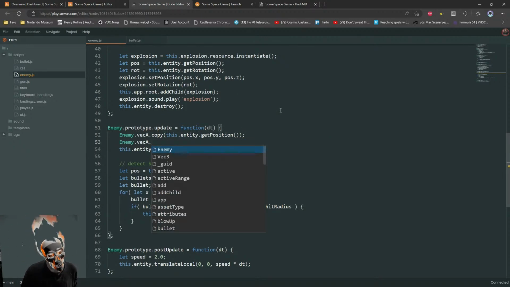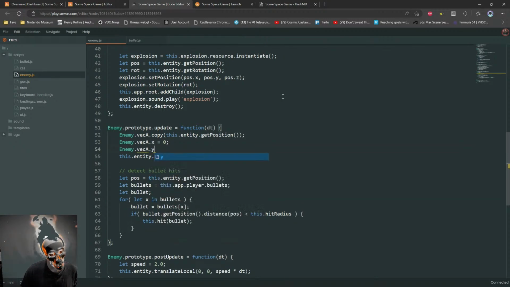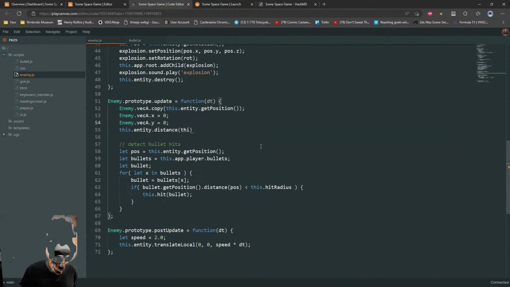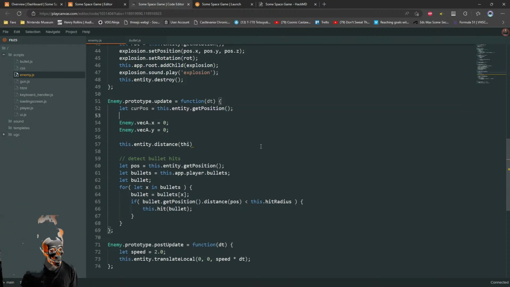Vec_a dot x. Y. Which direction is y? I think y. Trying to find the one-dimensional distance here. But it's always going to be going down. So this is going to be simple, actually. This is going to be simple. Our pos equals this, and then